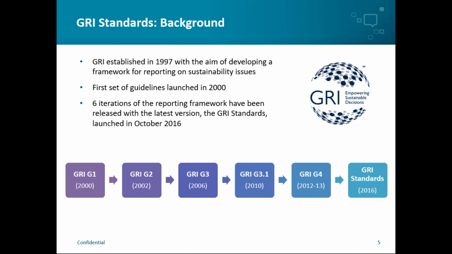So for example, one of the key changes in G4 when that came out was a significant increased focus on materiality. So this came about from the realization that not all topic areas are relevant for all organizations, and certainly some topic areas will be more relevant than others. And having this materiality assessment essentially means that organizations can focus on the areas that are the most relevant to the various stakeholder groups that are there. And this basically means that sustainability reports are far more focused and, more importantly, provide the information that the readers actually want to see.